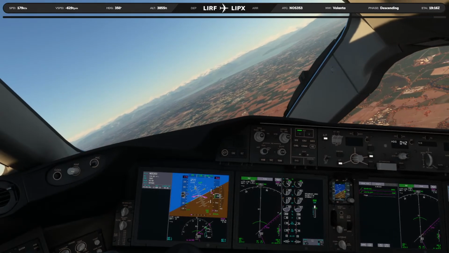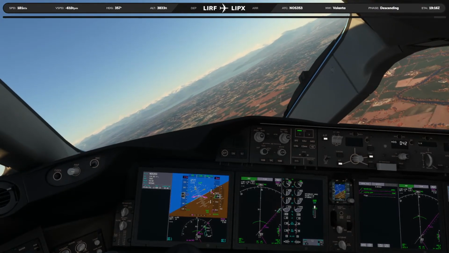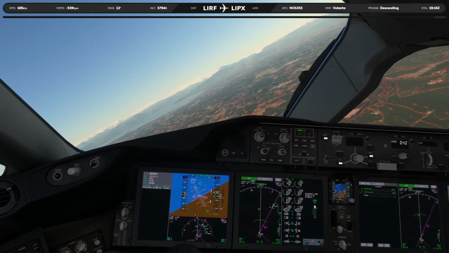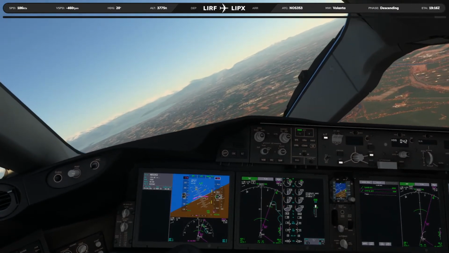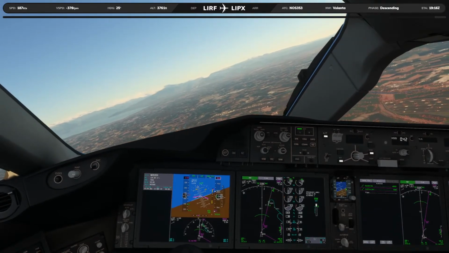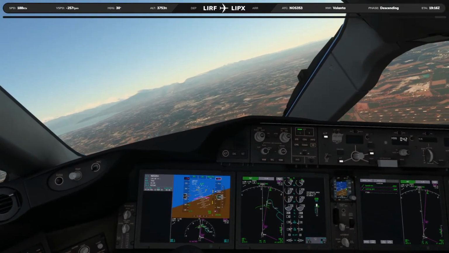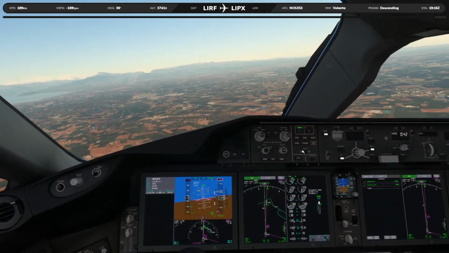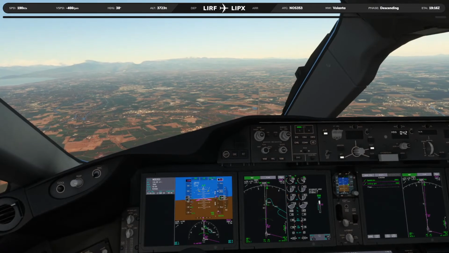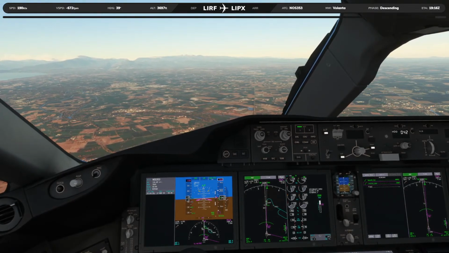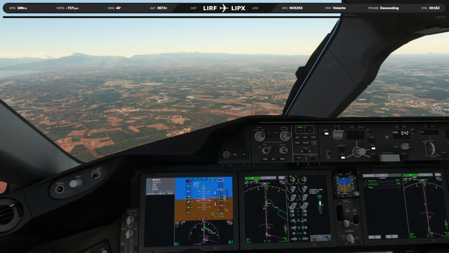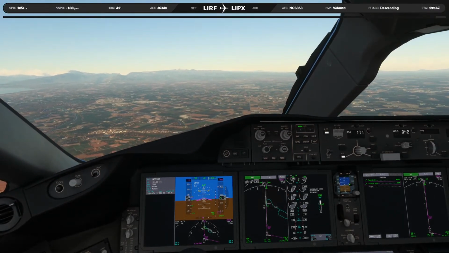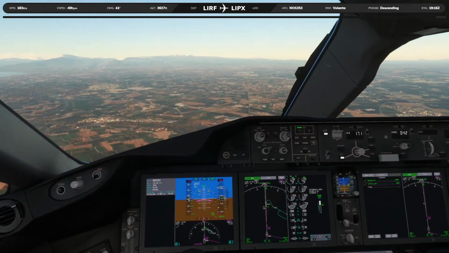Localizer captured. And the runway is ahead. We have the runway in sight right there. Speed check, flaps 10. Looking good.